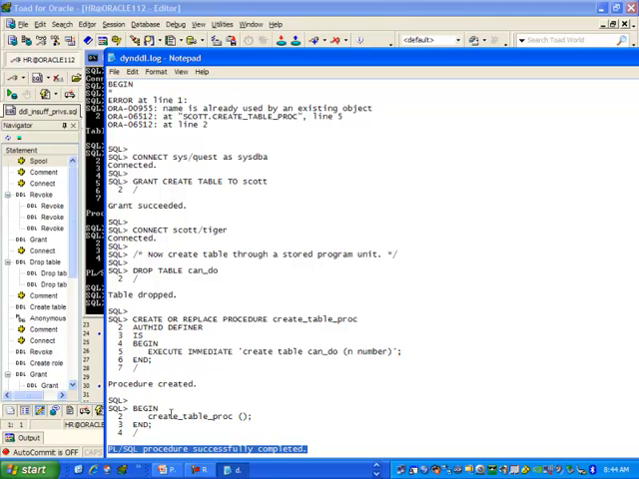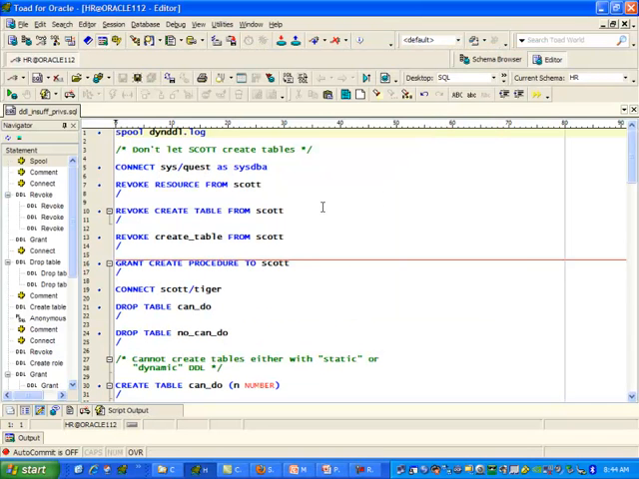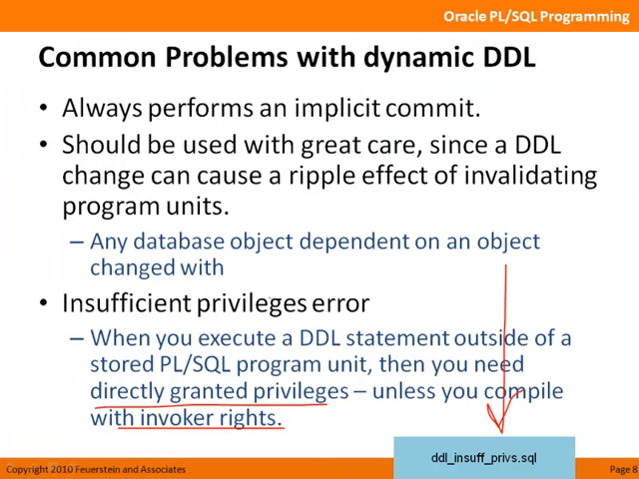So there are clearly lots of things going on here. Role-based privileges, directly granted privileges, authID definer, authID current user. We're not going to be getting into invoker rights in this series. You'll want to take a look at my managing PL/SQL applications lesson series for details on that. But the point is, as soon as you work with dynamic DDL, you might encounter a situation where the process,